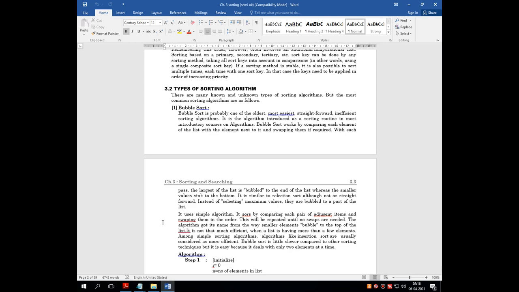Bubble sort is probably the oldest and easiest, most straightforward, inefficient sorting technique for rearranging the numbers. Let me revise the words. Bubble sort is the oldest, easiest, straightforward and inefficient sorting algorithm, or we can say sorting technique.